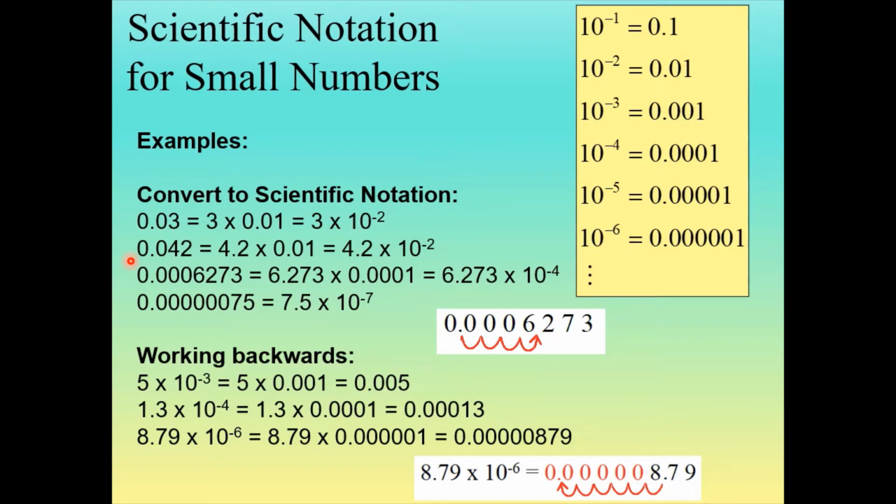For the number 0.042, again, there's 2 ways you can think of this. It's either 4.2 times 0.01, which is 4.2 times 10 to the minus 2. Or, again, we can take this decimal point, which is right here, and we can move it over twice to put the decimal between the 4 and the 2, where it is here. And that moving the decimal twice means we have 10 to the minus 2 power. This one here,